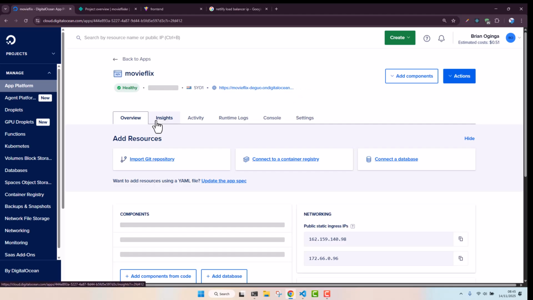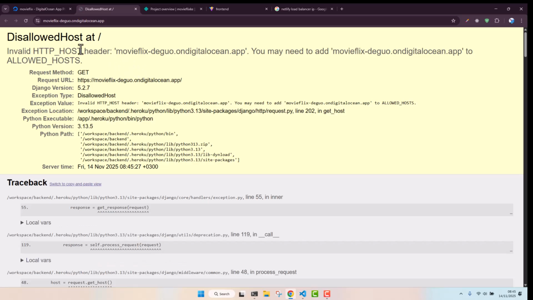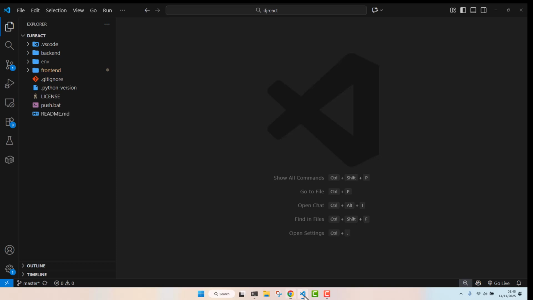and using this link over here, we need to open it, and we need to add it to our allowed host. Right now, if we try to open it using this link, you will get an angry warning that says disallowed host. You need to add this one to your allowed host. So of course we need to add it. All we need to do is to just copy the URL, come back to our settings,